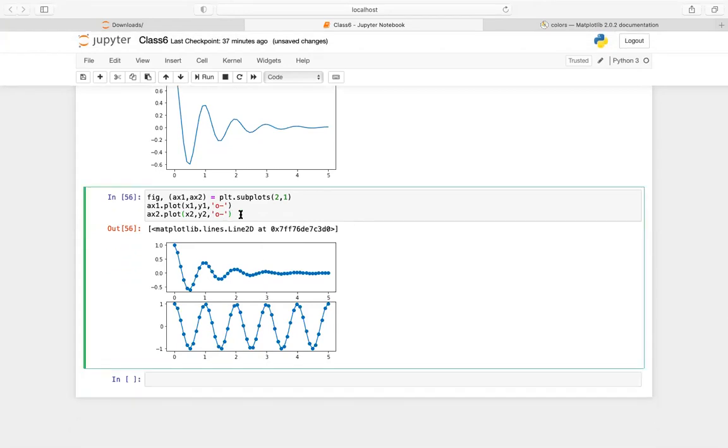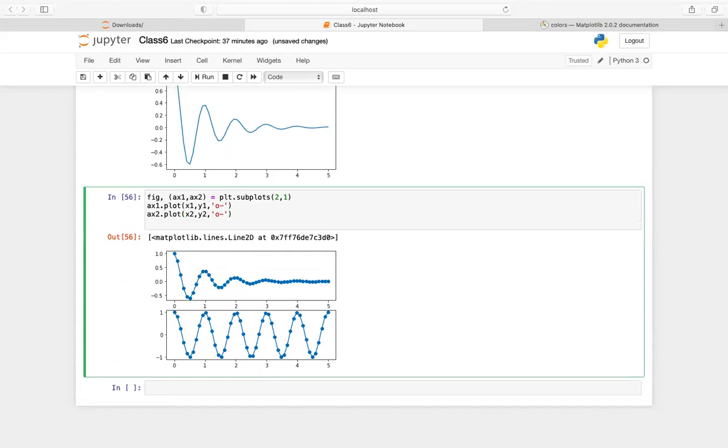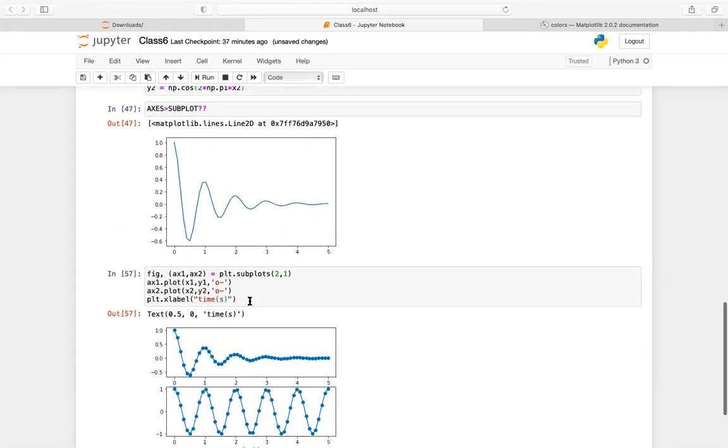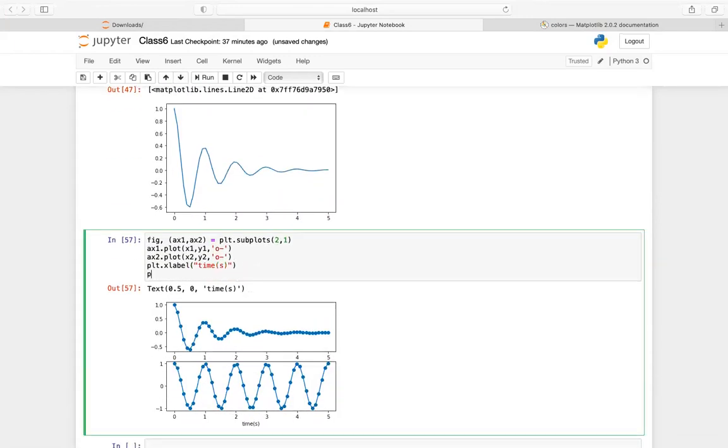And now I want to label it. plt.xlabel, this is time, and plt.ylabel. I have two axes here, you can see, one is this and one is this.